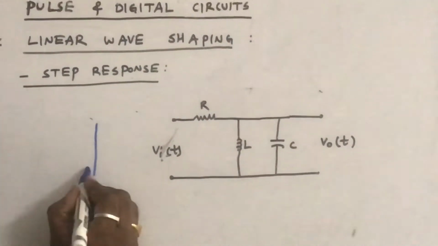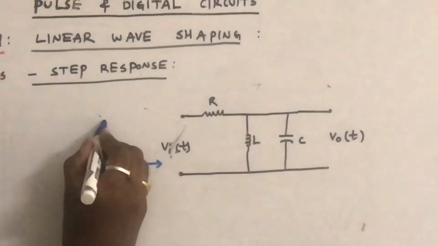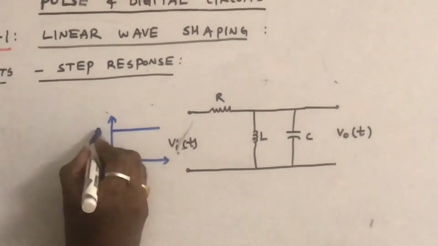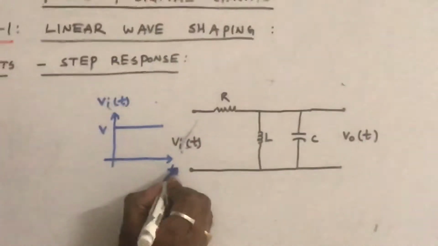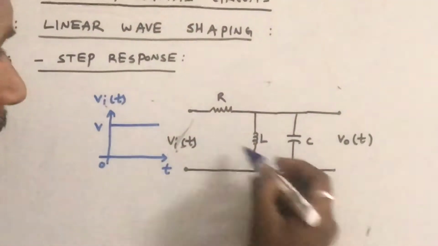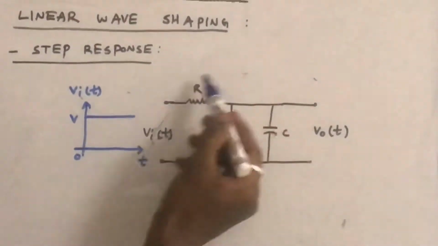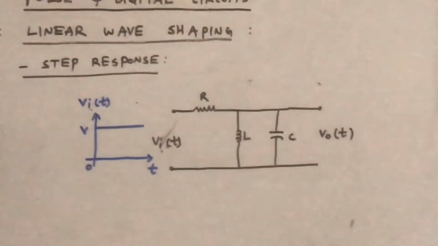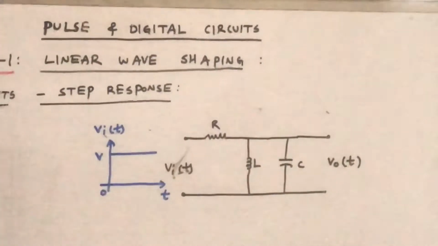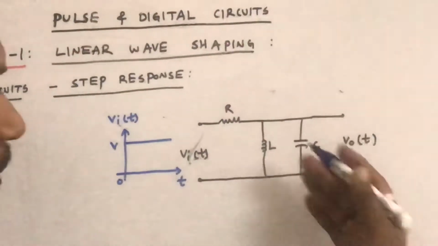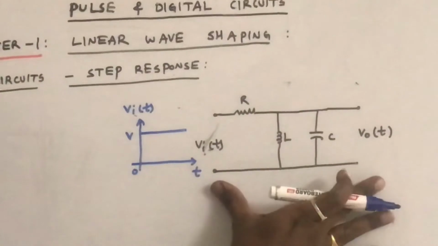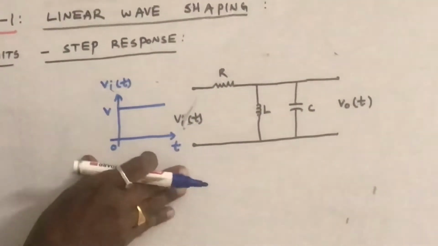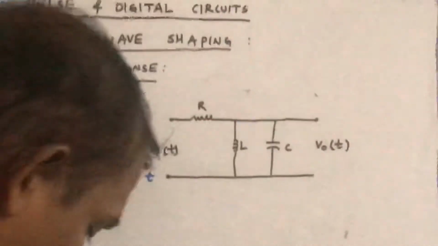So that means we apply a step input voltage to the circuit of amplitude. As you know, the step input voltage is Vi of t versus t. So what will be the step response of this circuit and for different cases? In the previous lecture we have seen critical damping. Now we will see the underdamped case. In the underdamped case, what will be the nature of the response of this circuit for this kind of input? So that is our article.